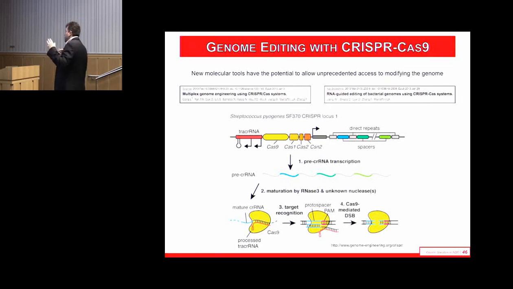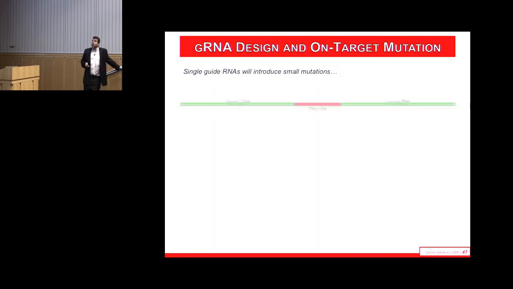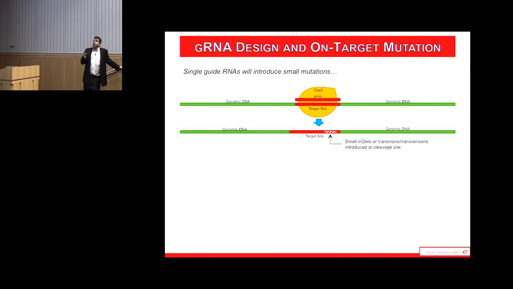So this has been used extensively. I don't know if I took out the structural variant slide. Okay, yeah. So it's been used generally for single guide RNAs to induce point mutations. The idea is you have a guide RNA, it targets a site, you then have Cas9, it leads to non-homologous repair, and you end up with a small indel or a single nucleotide transition or transversion. We've also done some studies.